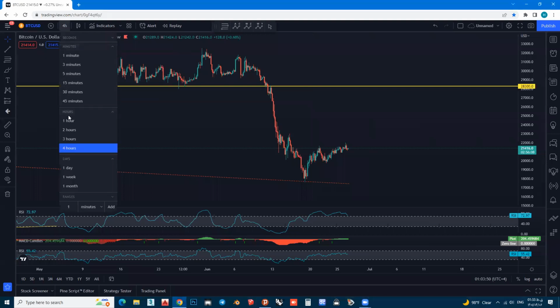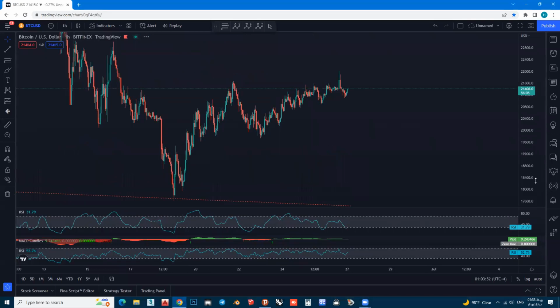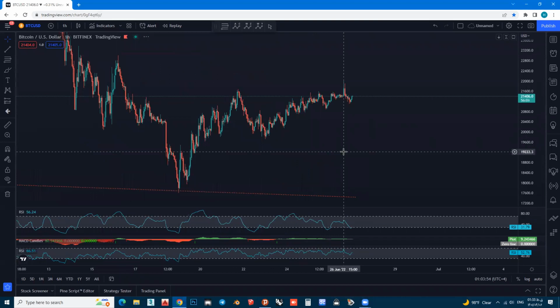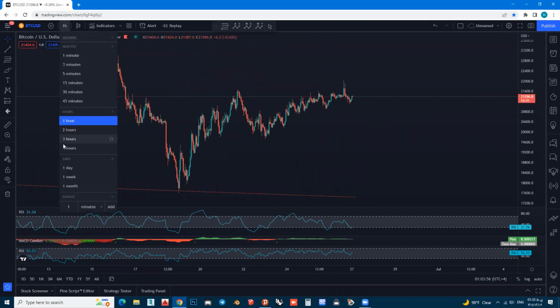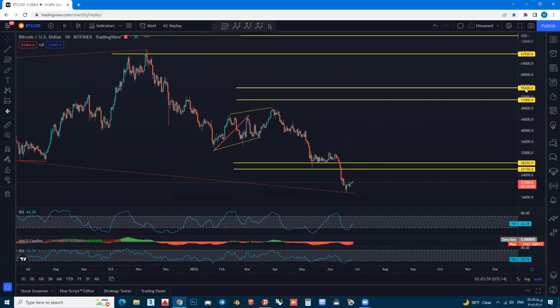And if I move to the 1 hour chart, you want to see what we have based on the 1 hour chart: similar explanation. In this case, we just follow the chart. We're looking for the reversal. If we move to